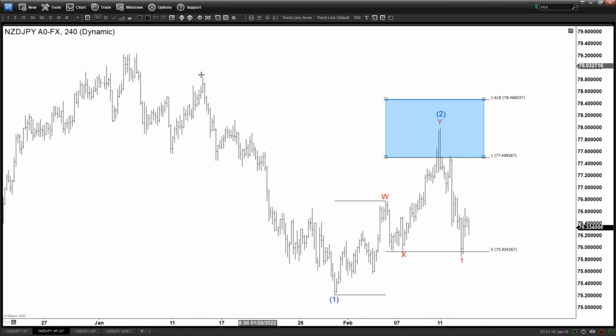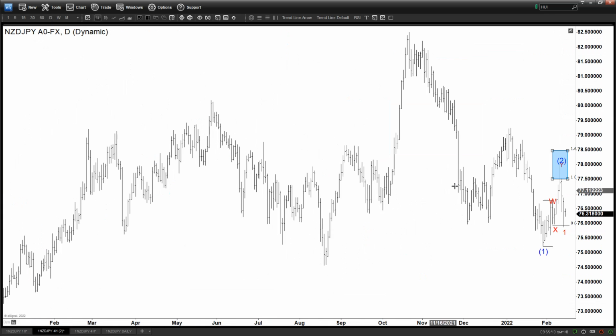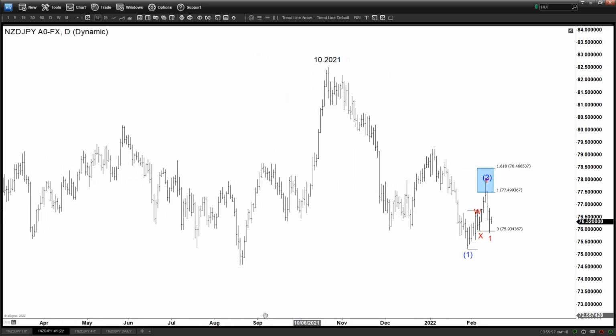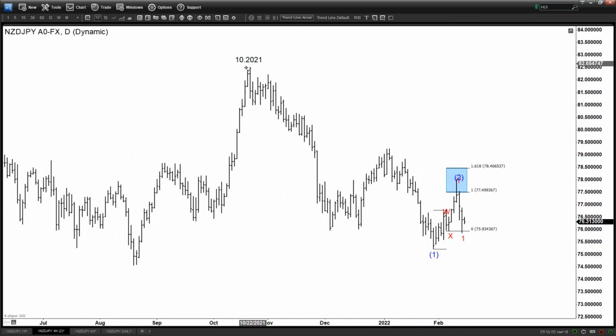Now if I upgrade even more into the daily time frame, notice here, if we look at it from October last year, you can see we got what we call a sequence of a lower low. You can clearly see we got a lower low, lower high and lower low. And when you have a sequence of lower lows, potentially in the third swing, this is your first swing, second swing, third swing, you can see